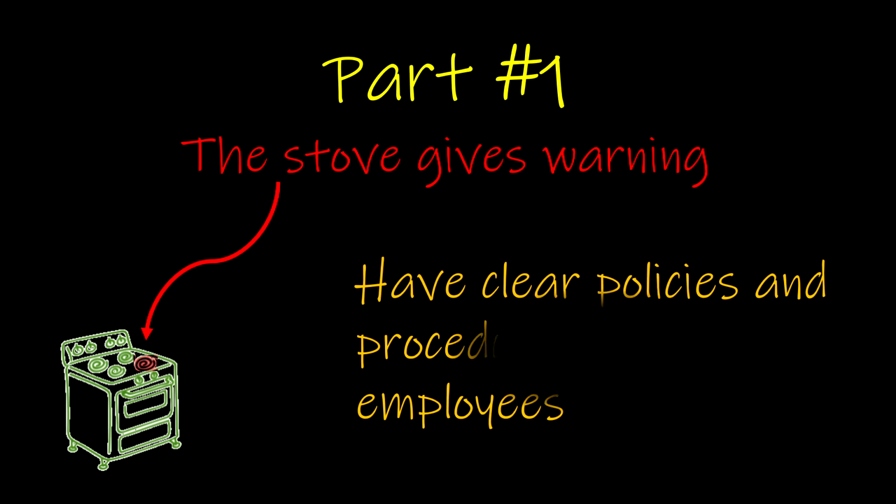Now, within our organizations, we can do something similar here by having clear policies and procedures for employees, and those policies and procedures should lay out consequences. An example of this might be we have some cases where employers are concerned about how their employees behave on social media. But early on, in the early days of social media, there weren't always rules and regulations as to how we expected our employees to behave, and the consequences weren't clearly spelled out. So employees might do something on social media and be disciplined, but they didn't necessarily know what was coming. And that created some perceptions of inequity, some perceptions of issues of fairness.